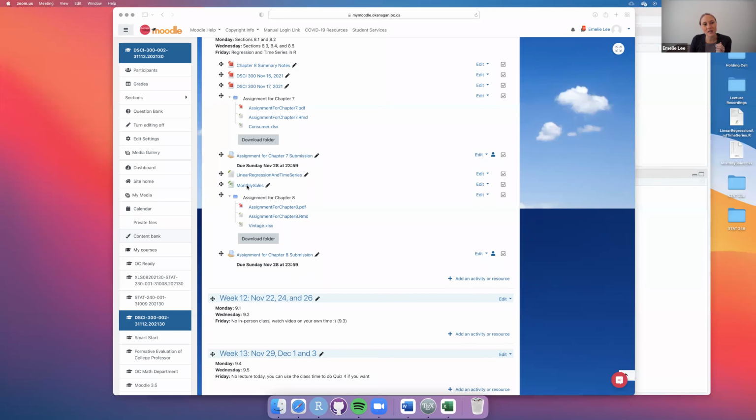The monthly sales is the data set that we're going to use. This is a CSV file, so you could just download it and bring it in right away. I think that's the easiest way to import data if it started out as an Excel file. Okay, so these 2 files, the linear regression and time series and the monthly sales, those are the ones that I'm working through today. All right, so